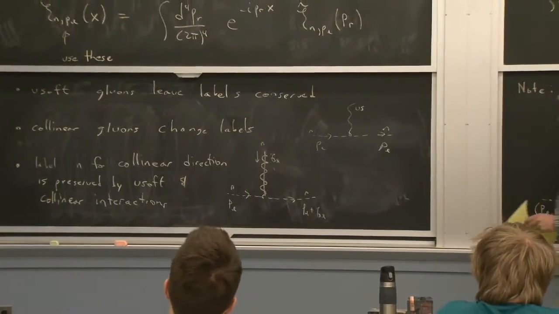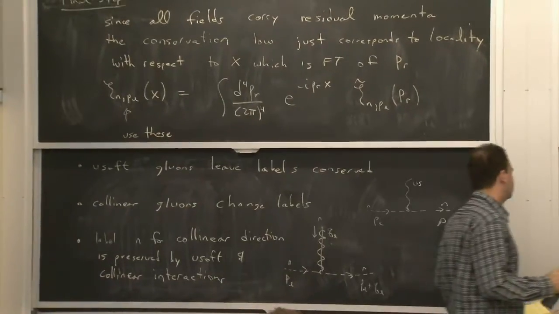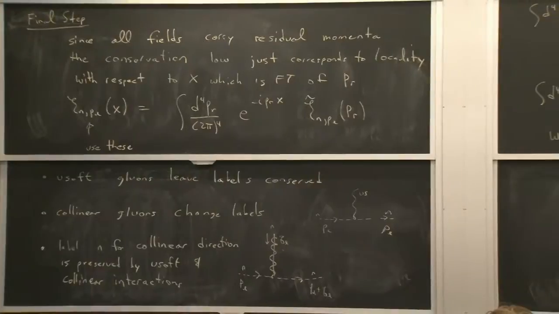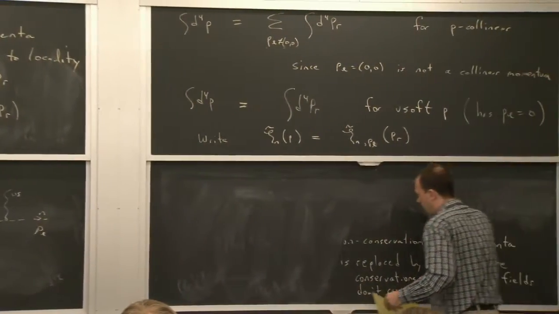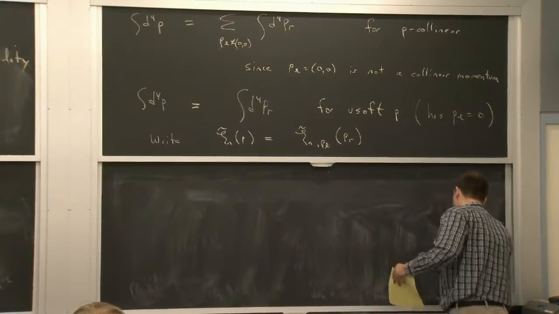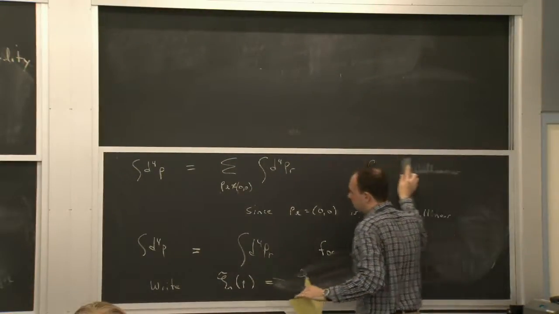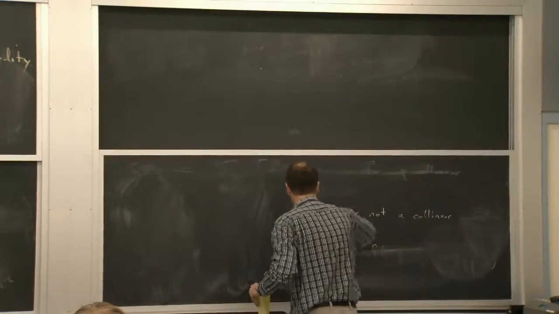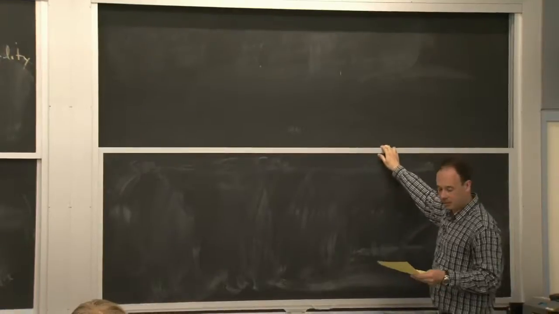OK, so now we have kind of what we want. And now I want to write the action that we had before in terms of this guy and see what it looks like. And this split of these guys into a PL and PR, or PL and X, allows us to expand very easily in momenta. It's allowing us to do the multipole expansion, because we have two things to talk about, and we just can compare them.